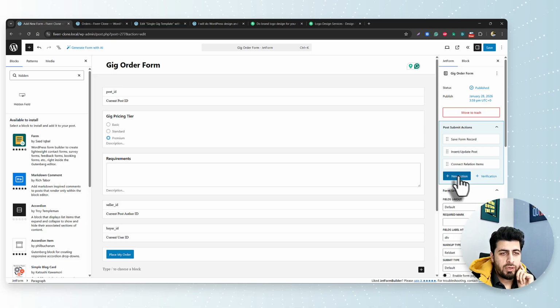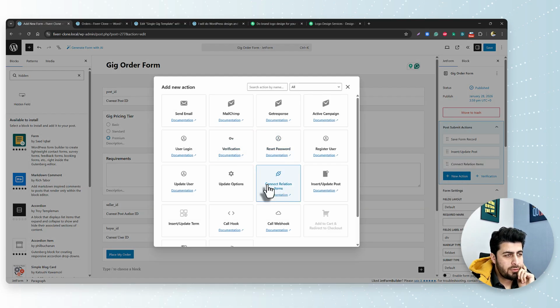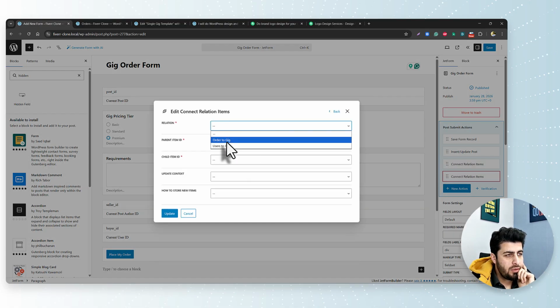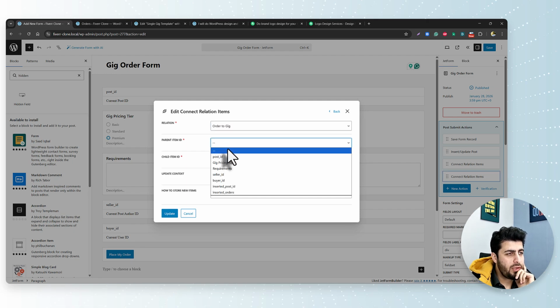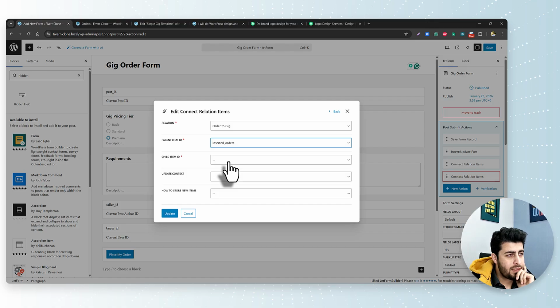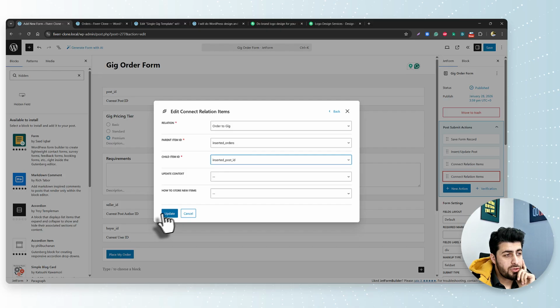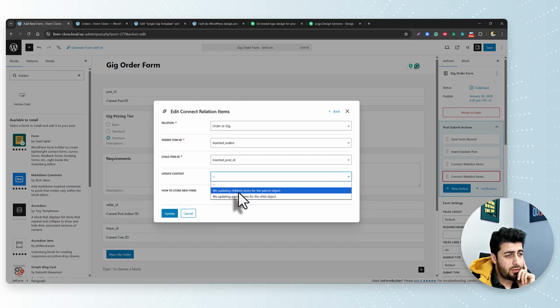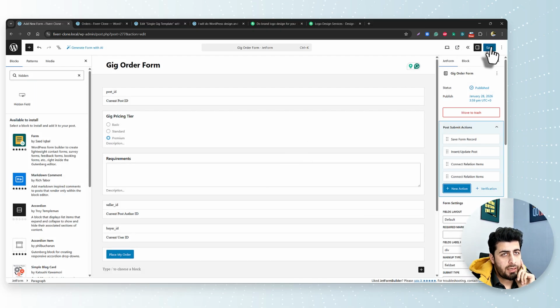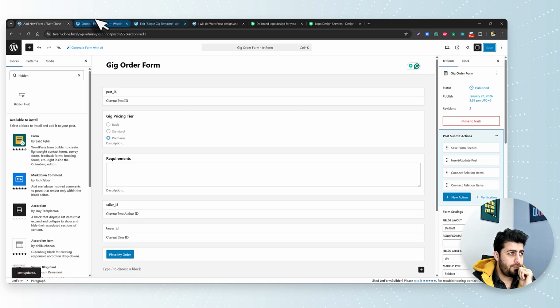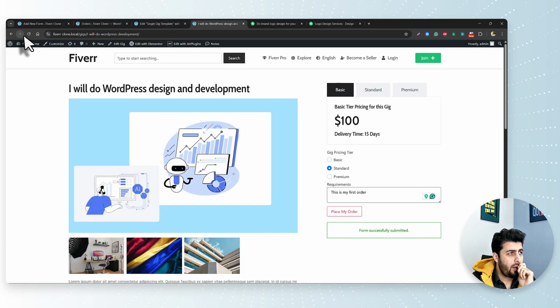Now let's add another one, and that is going to be for the second relation. This is going to be for the orders to gig. The first thing is going to be inserted orders, obviously, I guess so, if that works. The next thing should be the inserted post ID. Yes, yeah, I hope this works. Context should be